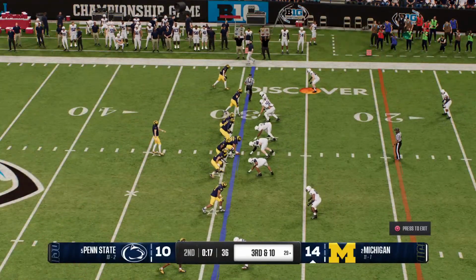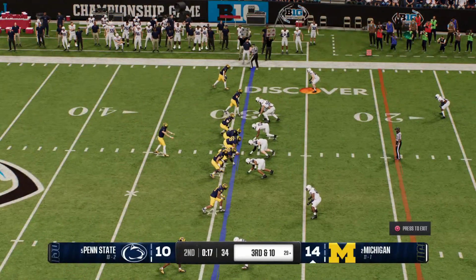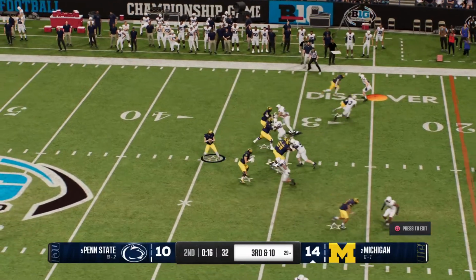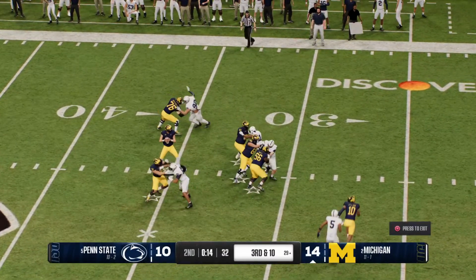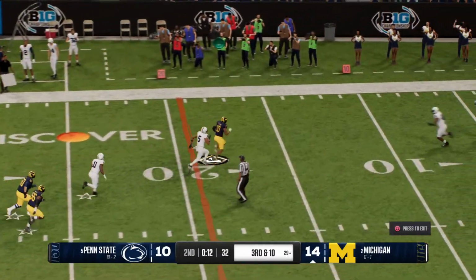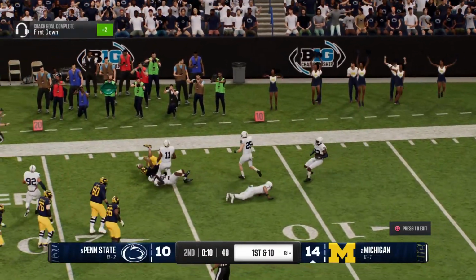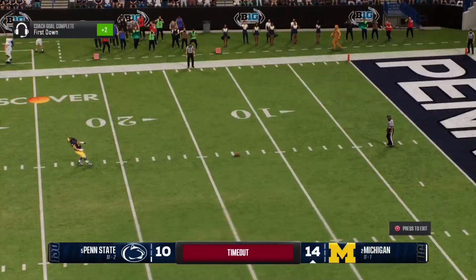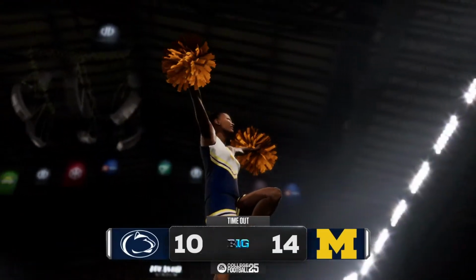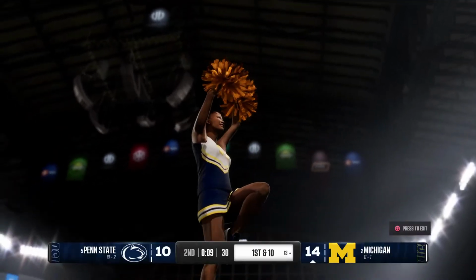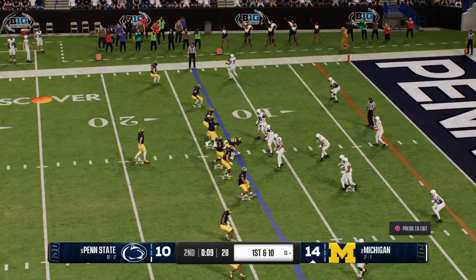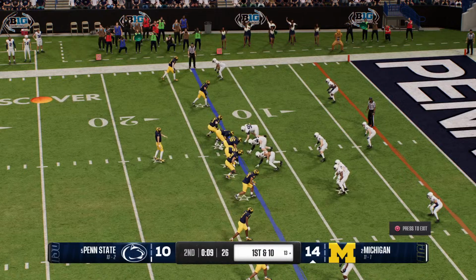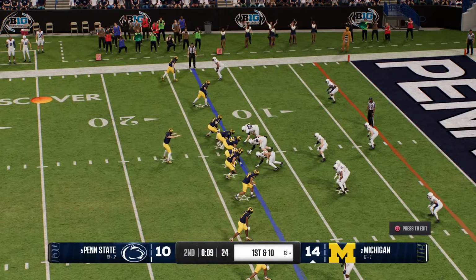And now it brings up third down. Not going to be easy here. Backed up, a long way to go for a first down. Receiver makes the grab. They bring him down, but that's a solid gain on the play. So a timeout is called. Just a few seconds left here in the first half. So the offense takes the field in the final seconds of the half. Chance for just a couple more plays.